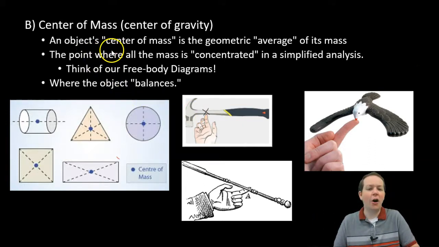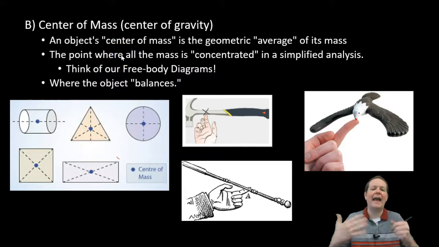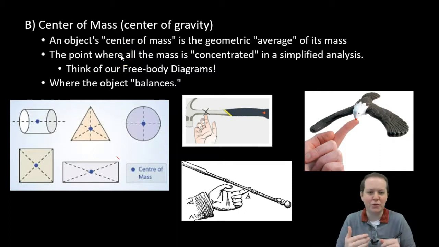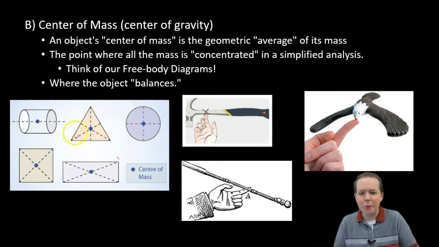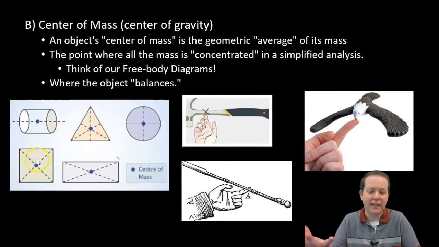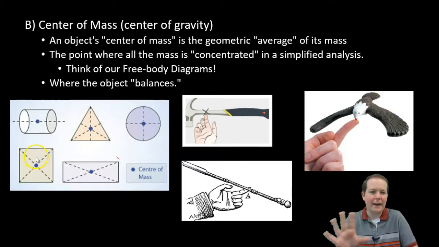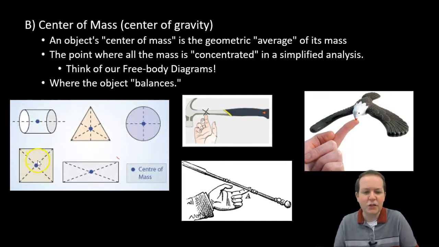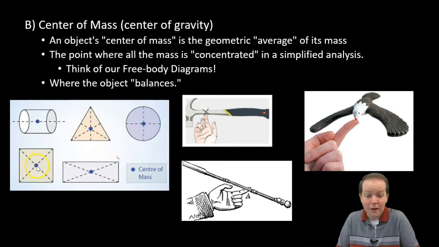But what is this idea of center of mass? The basic definition: it's an object's average. It's where the mass is kind of concentrated, where the average location of the mass of an object is. Okay? Easy examples, think of some basic geometric objects. Like imagine I have this square or this cube, let's say. Let's say it's pretty uniform. It's not made out of different types of material, just one type of material. Its geometric average is right at the center. And if its mass is evenly distributed, its mass has an average location of right smack dab in the middle. Okay, that's what we would call the center of mass. Again, maybe you could say the center of gravity, kind of interchangeable.